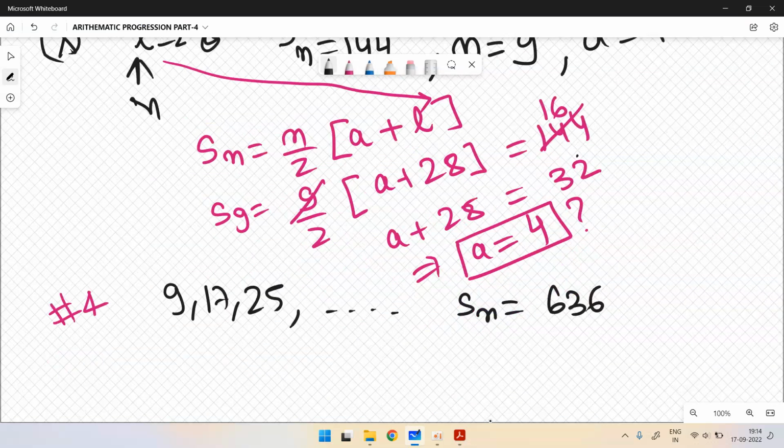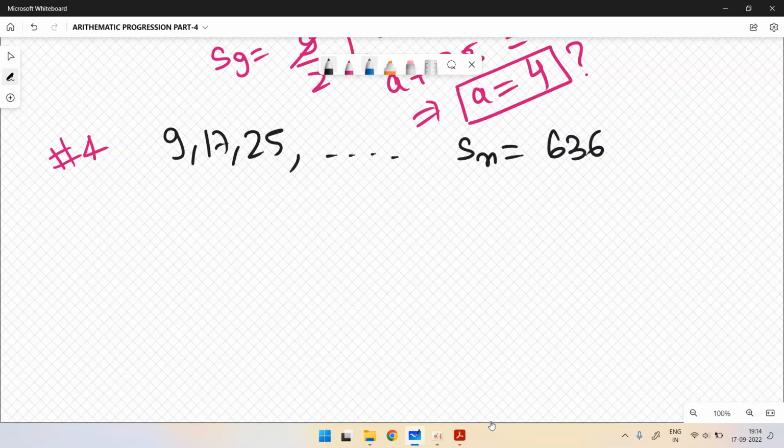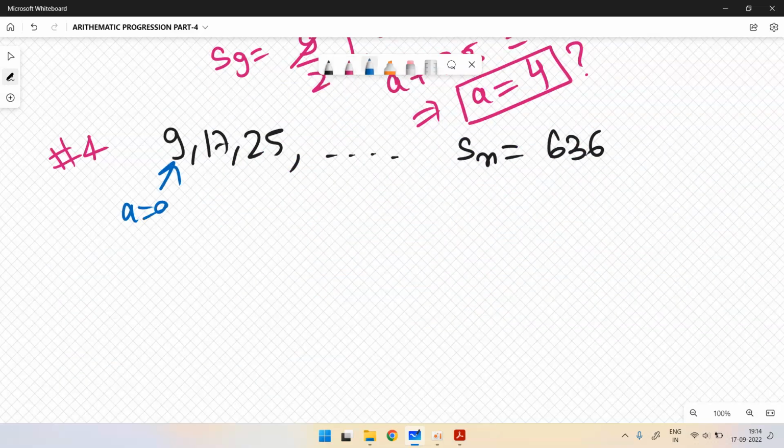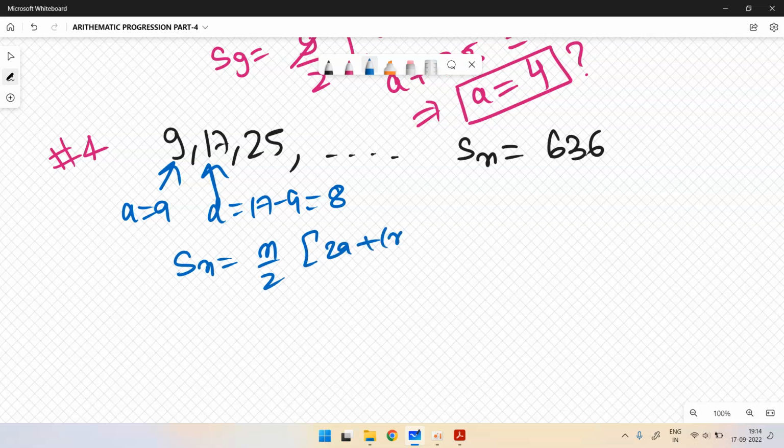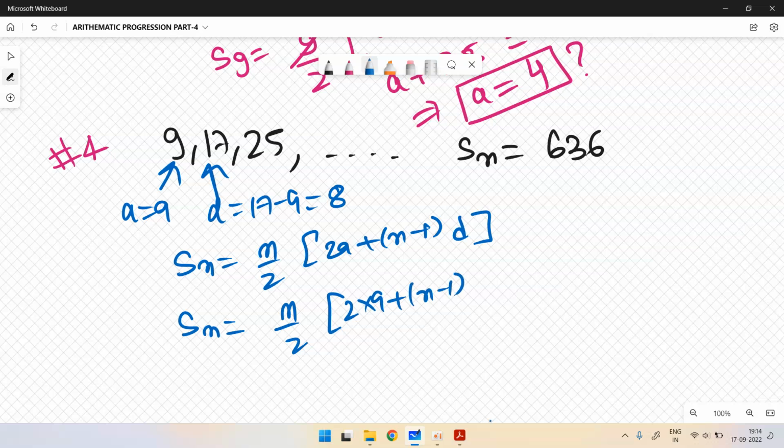From this you can see directly that this is an AP, the value of the first term A is 9, and the common difference is nothing but 17 minus 9, which is 8. So you know that S of n is n by 2 into 2a plus n minus 1 into d. Everything is given to you except n. 2a is 2 into 9 plus n minus 1 into 8 is equal to